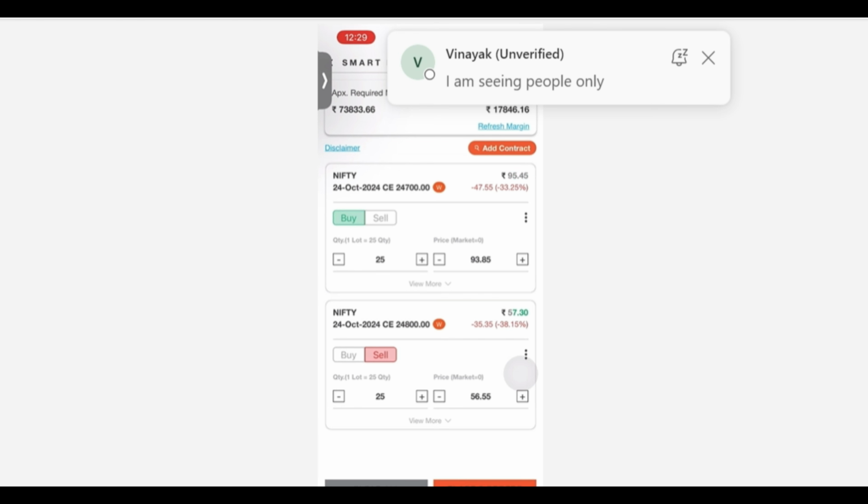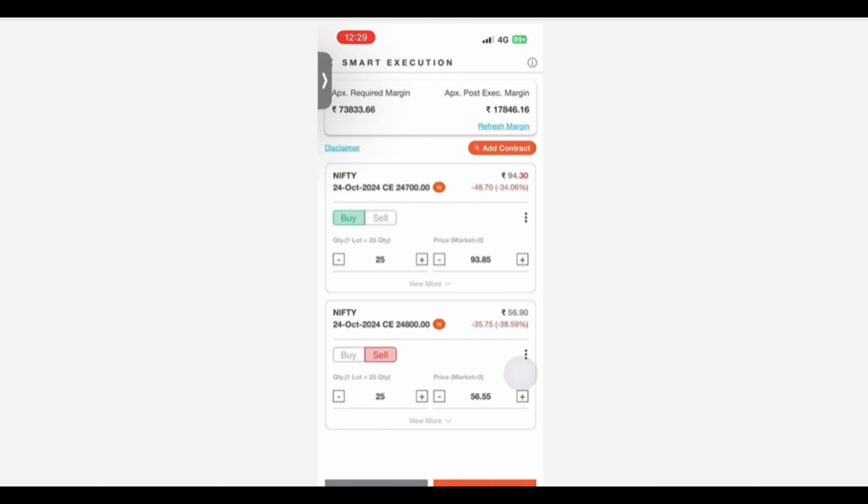अगर मैं सिर्फ सेल करता तो मेरा मार्जिन ज्यादा लगता, बट बिकॉज मैं एक एज अ स्ट्रेटजी इन करता तो मेरा 17,500 में ये एग्जीक्यूट हो जाएगा, and when I say place two orders, it will go ahead and place the order either from market watch or from option chain. आप ये smart execution का फीचर यूज कर सकते हो, it saves a lot of your time as an option